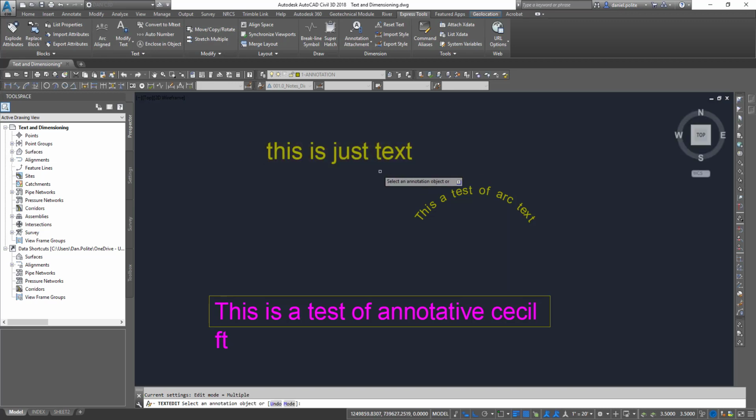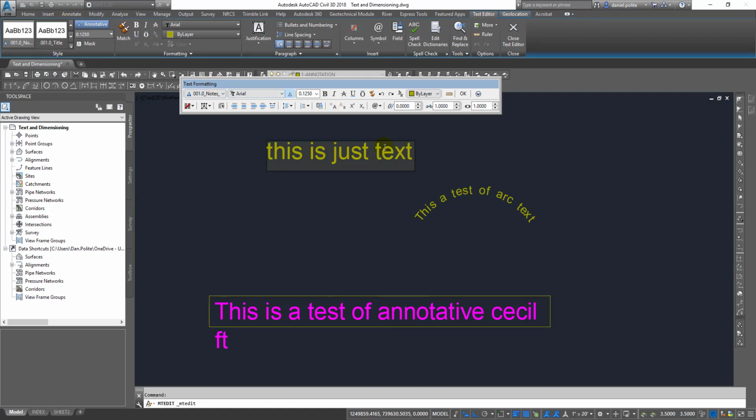If I hit the enter button, it basically gets out of the command. So a lot of older styles were drawn with just text. So to convert that into Mtext, multi-line text, you can go ahead and select it and convert to Mtext. Convert to Mtext and select it, hit enter,